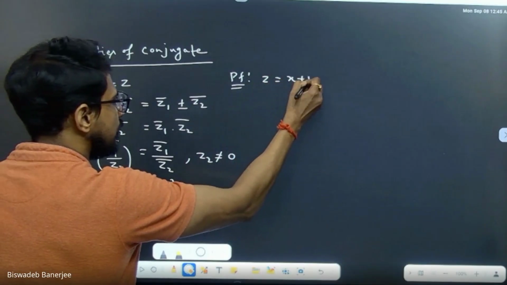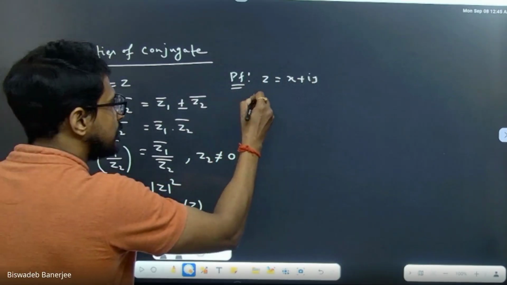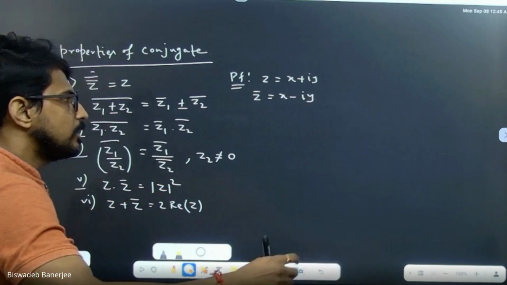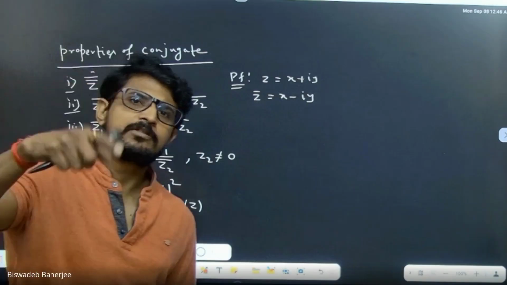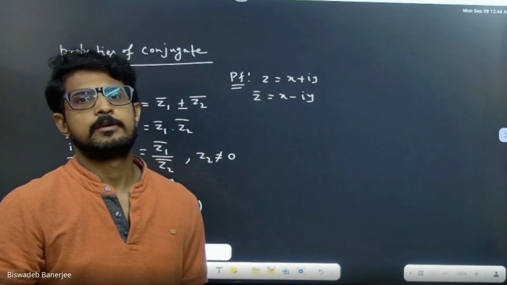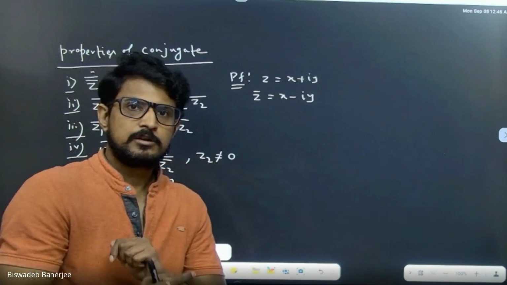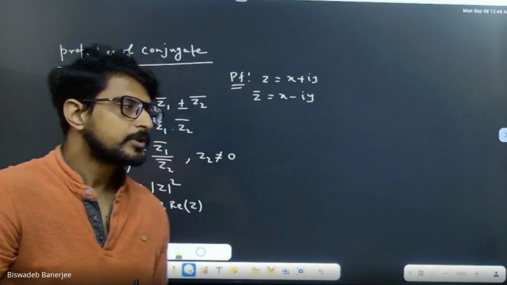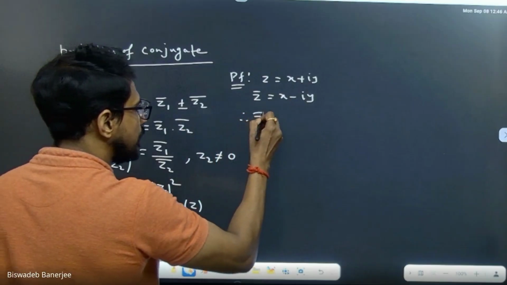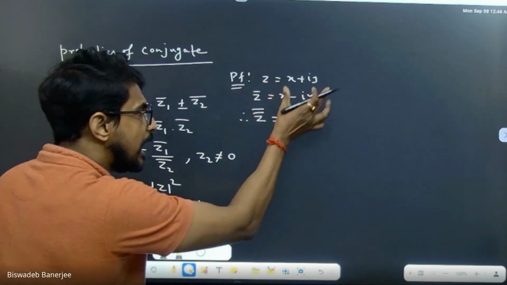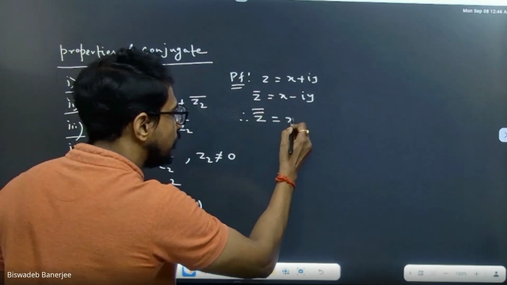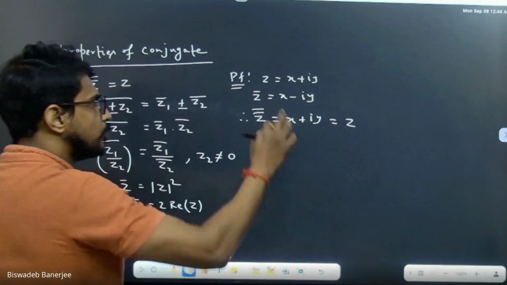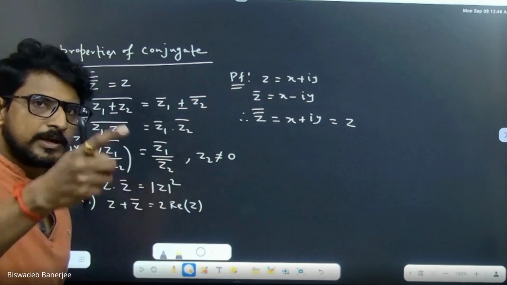Suppose my z is x plus iy, then my z conjugate, that will be x minus iy. So conjugate means what? The plus sign will be replaced by minus sign because it gets reflected. রিফ্লেকশনের পরে প্লাস সাইনটা মাইনাস সাইন হয়ে যাচ্ছে, এটাই তো তোমার কনজুগেট। সো আমি যদি এর উপর আবার কনজুগেট নিই, ইফ উই টেক এগেইন কনজুগেট, এটা আবার রিফ্লেকশন আসবে, তো মাইনাসের রিফ্লেকশন কি হয়ে যাবে, আবার প্লাস হয়ে যাবে, এন্ড হুইচ ইজ মাই জেড।